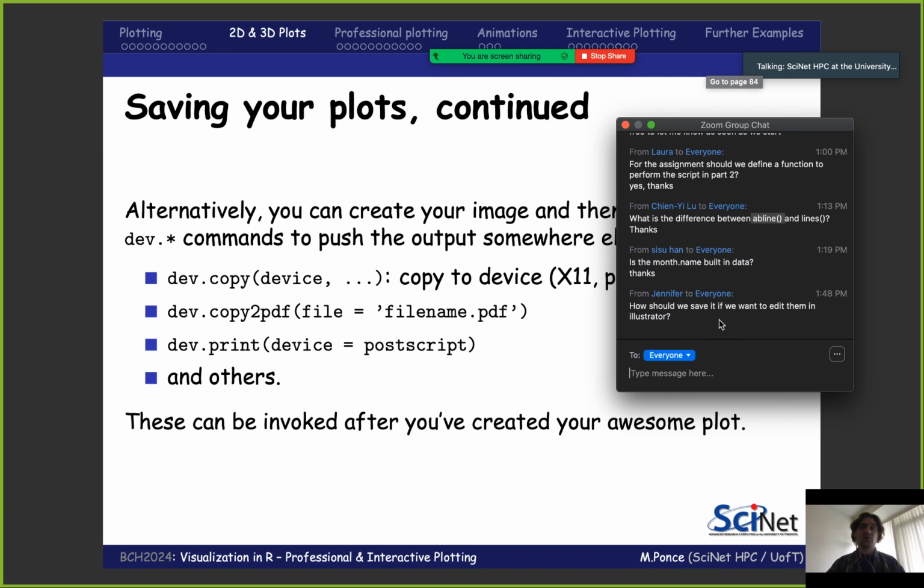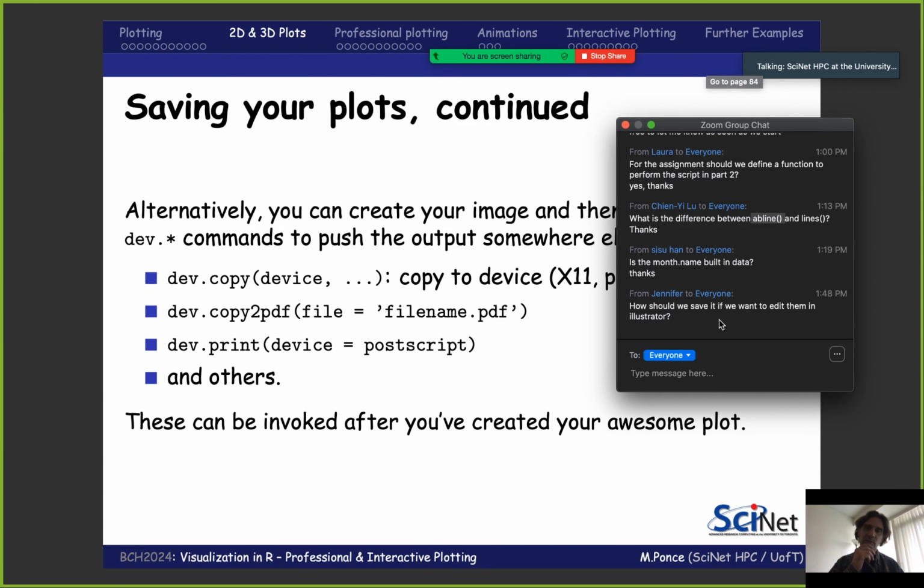If Illustrator does not handle vectorizable formats, then you may need to save it as BMP, JPEG, or PNG. Maybe there are libraries that allow you to save in a format compatible with Illustrator. I don't really know that.